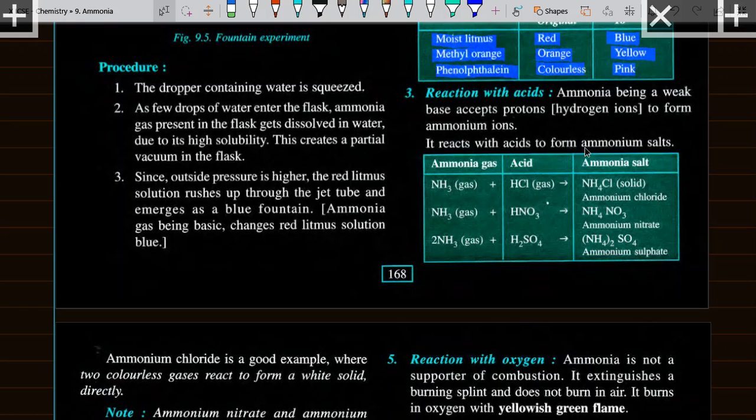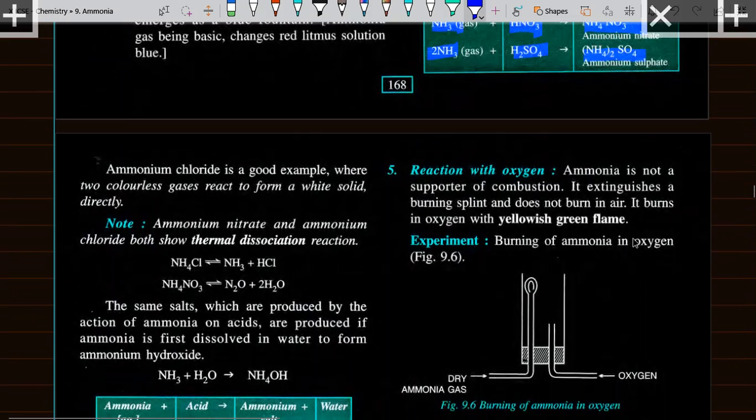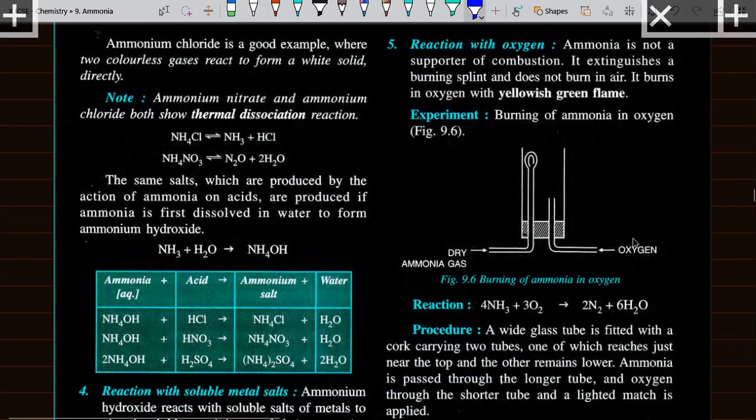It reacts with acid to form ammonium salt. So ammonia reacts with any acid to form ammonium salt, ammonium chloride, ammonium nitrate, or ammonium sulfate. Very easy pattern. Ammonium chloride is a good example where two colorless gases react to form white solid directly. कहाँ पे पढ़ा था ये? HCl में। फिर से कहाँ पे आया? अमोनिया में। कितनी कॉमन चीज है ये। सेम चीज तुम्हें एसिड बेसिस सॉल्ट्स में भी मिल जाएगी।